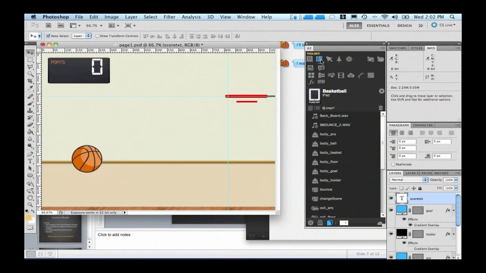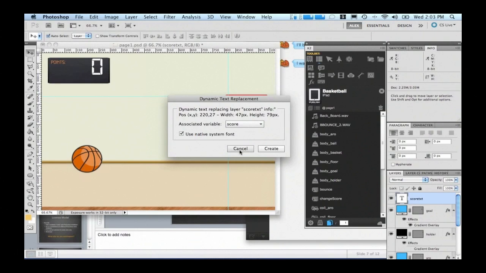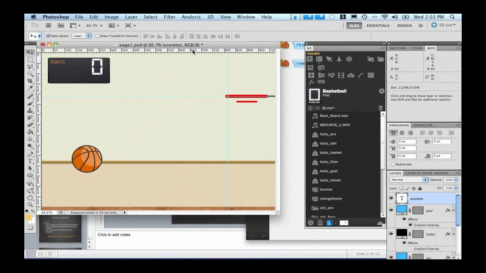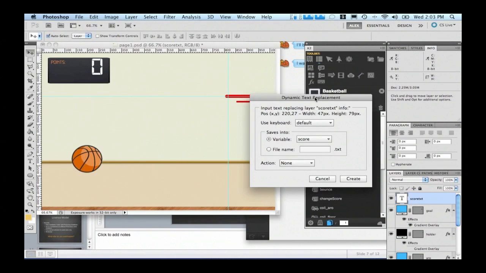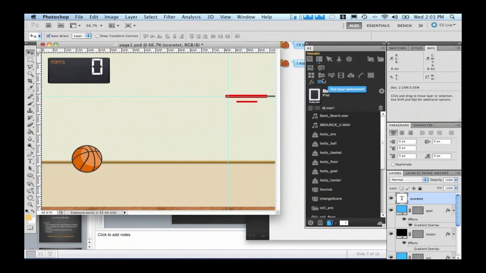Where can you use variables? You can use them, as I mentioned, in the dynamic text area. You can associate things from a variable to this replacement, like I'm using the score here in the basketball demo. You can also use variables in the text replacement, and in all conditional things, even in your coding. You can say, like I did, I wanted to increase my variable.